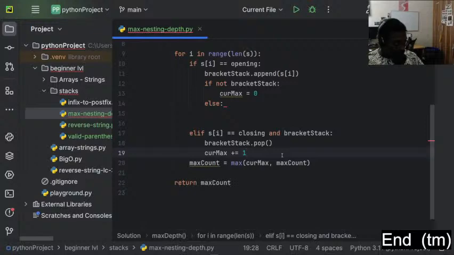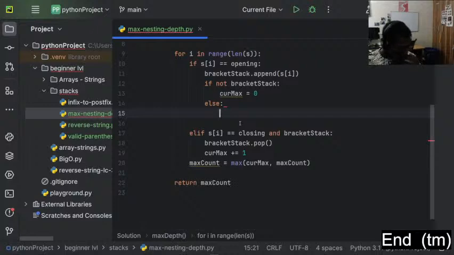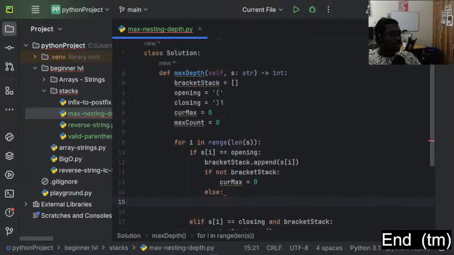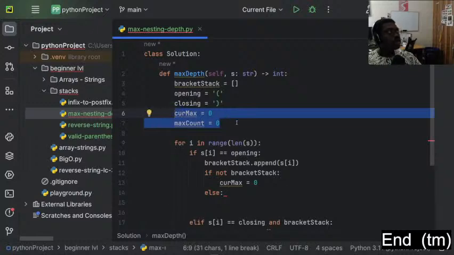Okay, well, if there is, do we keep the value of the max count and say,